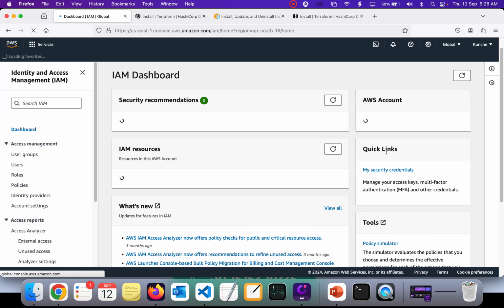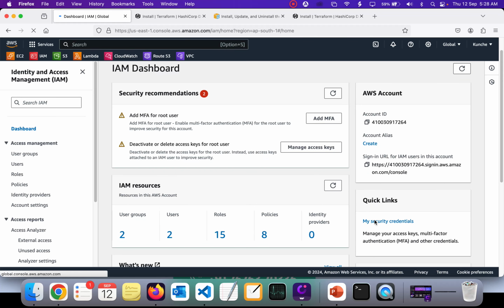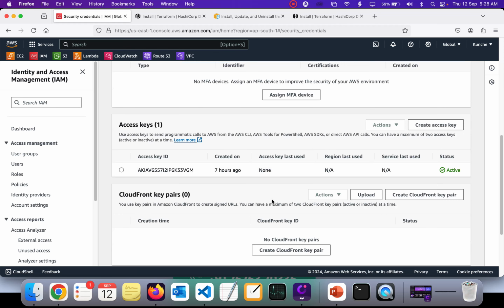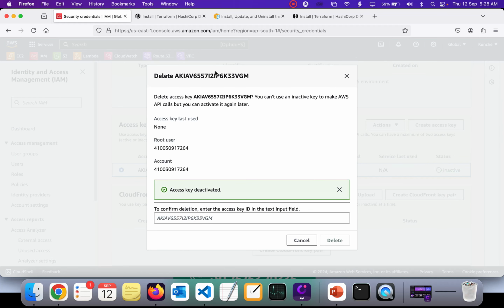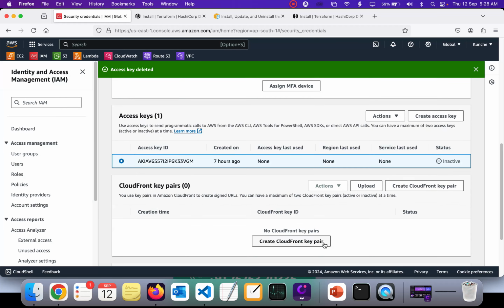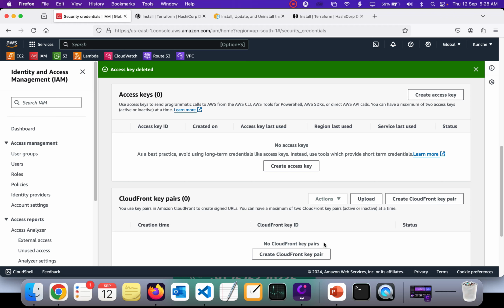and then you can get to My Security Credentials. I'm just going to click on My Security Credentials. There are already access keys created before. Okay, I'm going to deactivate and delete it. All right, and then I'm going to create a new access key